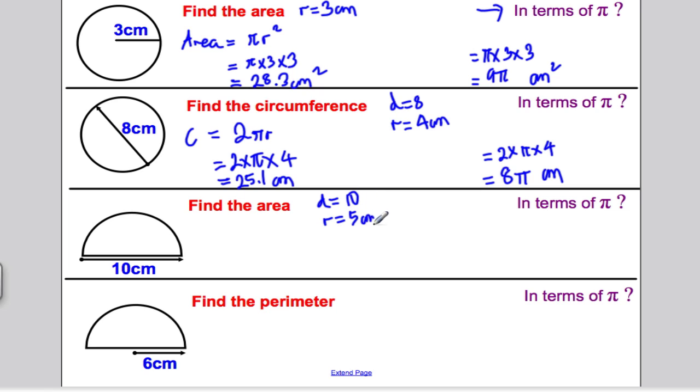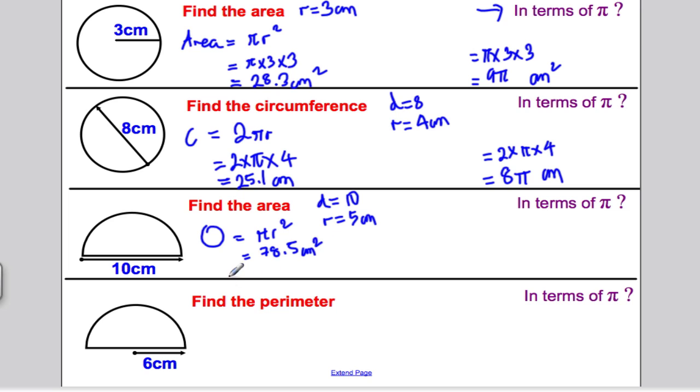Your radius is therefore 5 centimeters. Let's work out the area of a whole circle with these features. Well, that's pi r squared, which is pi times 5 times 5, which we would get as 78.5